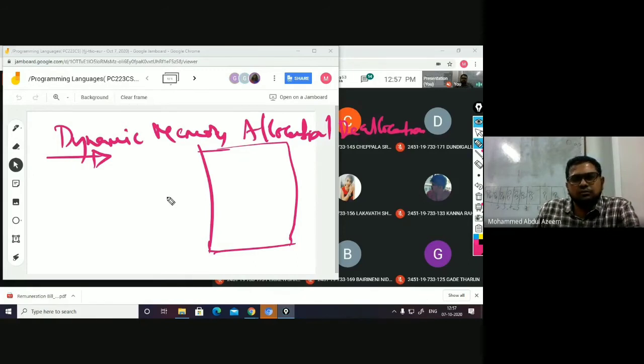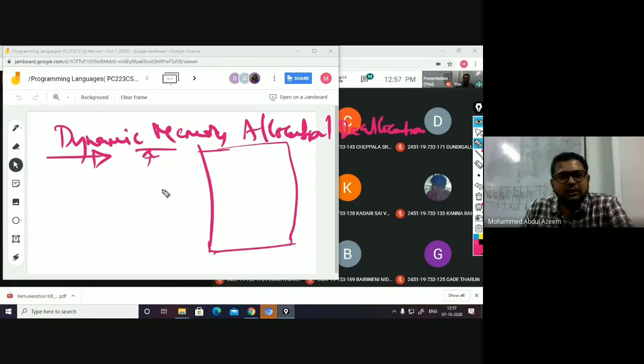Now I will probably show you my program execution also through an online compiler. It means the programs which I am going to execute, the memory is going to be allocated during runtime from the server on which I am executing this program. But at the same time, the same server is going to be used by millions of users. How is the memory management going to be taken care of? In that case, this particular concept plays a major role.